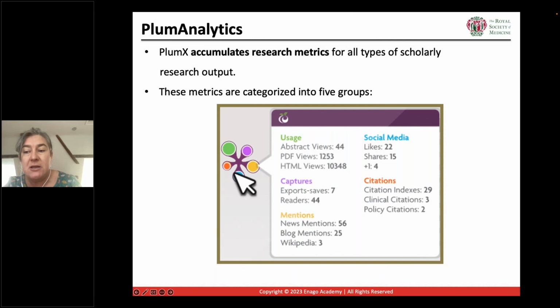You've got mentions, which are activities like, as you can see, news mentions and blog posts, and a way to tell that people are really deeply engaging with your work, as in it's actually inspired them to produce some work of their own. You've got social media, which is tweets, Facebook likes, and so forth, that help measure buzz or attention.